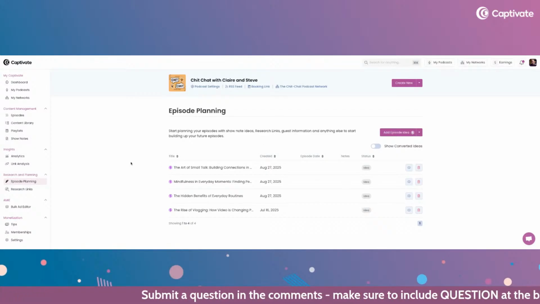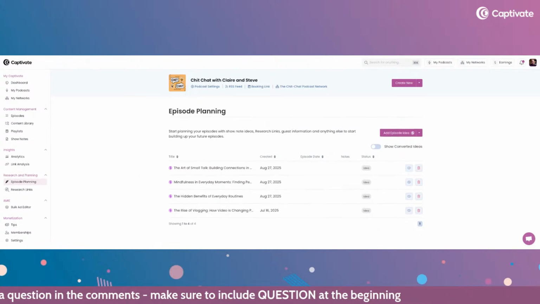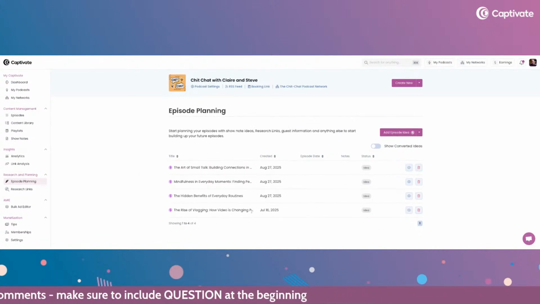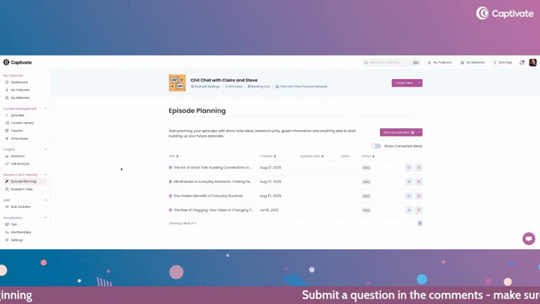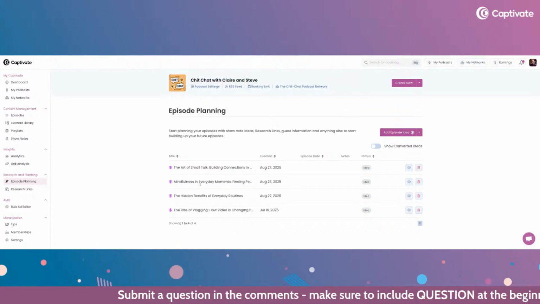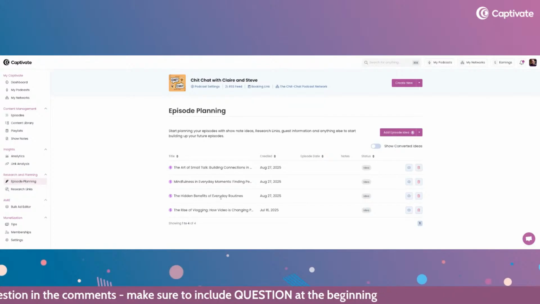So you can see here, it's given me 4 options. That's pretty cool. I only had 3 normally. But it's given me 4 options here. And actually, it's got an old one that I missed deleting earlier. So it's given me 3 options here created today on August 27. Okay. So it's looking at the art of small talk, mindfulness in everyday moments, and the hidden benefits of everyday